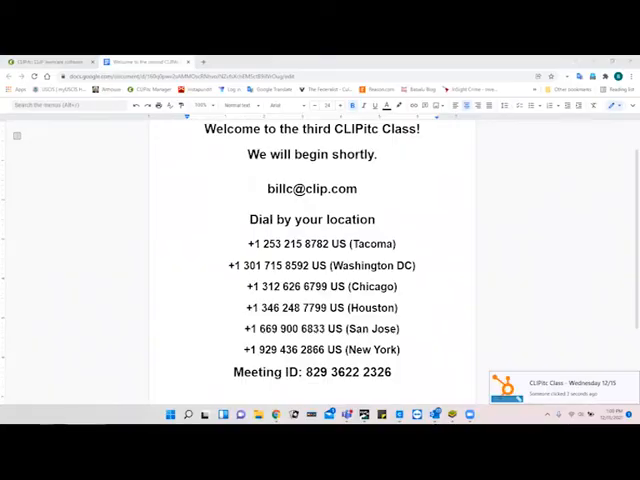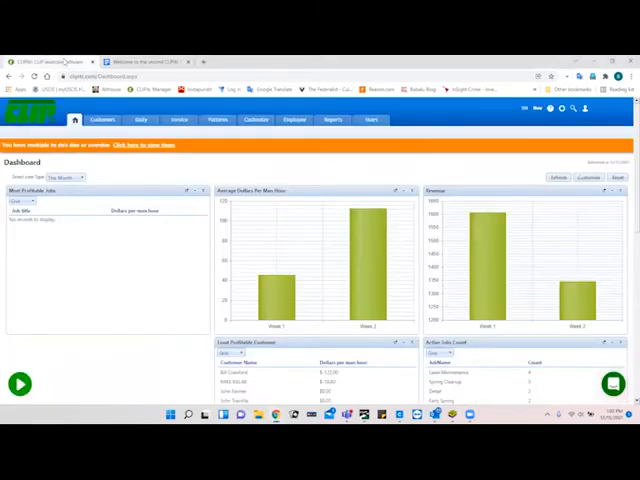Maybe do a recap from yesterday. Yesterday we covered customers and setting up pattern customers, pattern jobs, and other patterns. And then today we'll start looking at using the program in day-to-day operations. But one thing while we're waiting, I would like to take a couple minutes to cover